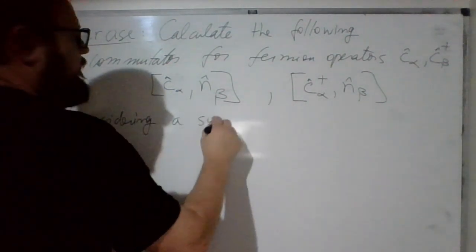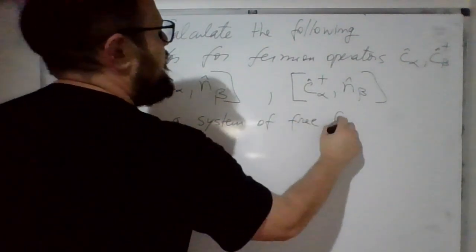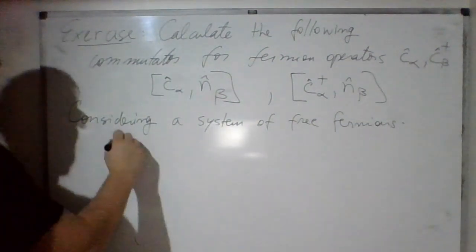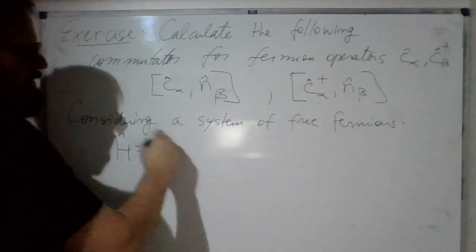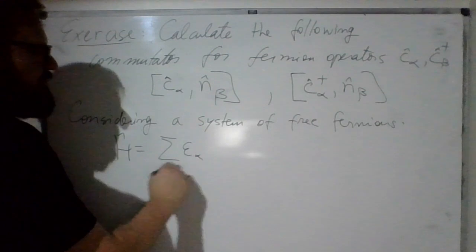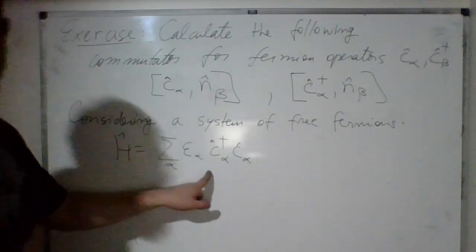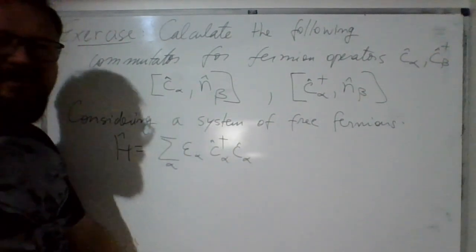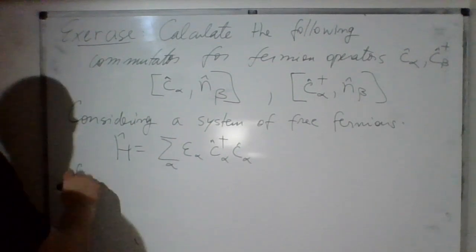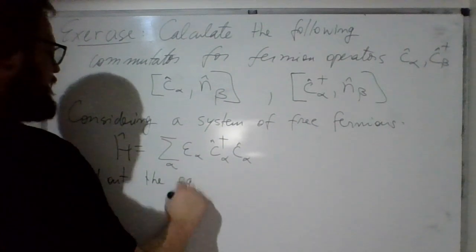a system of free fermions whose Hamiltonian is given by the same thing as previously, but now you have fermionic operators, C dagger alpha, C alpha. Fermionic operators here. What you need to do, consider this Hamiltonian, find out the equations of motion